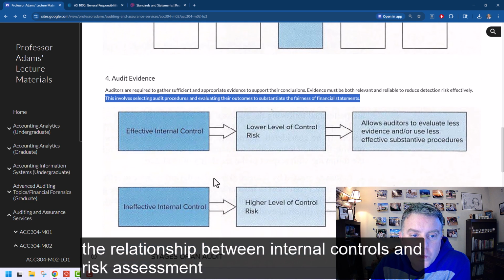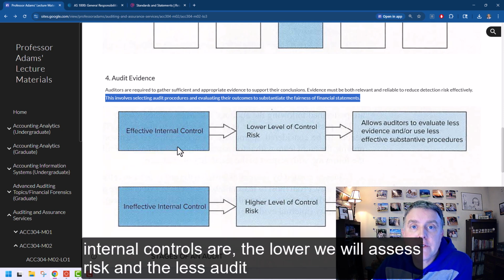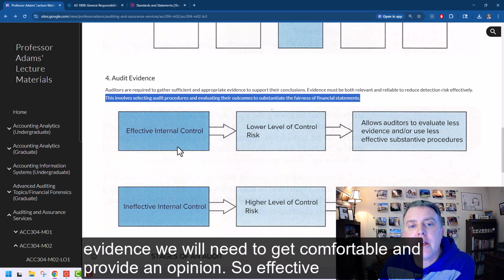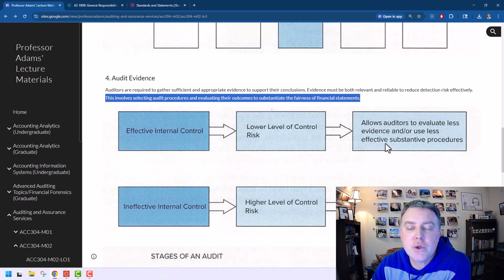So the relationship between internal controls and risk assessment and the amount of evidence that we gather is kind of like an inverse relationship. The more effective a company's internal controls are, the lower we will assess risk, and the less audit evidence we will need to get comfortable and provide an opinion. So effective internal controls lowers control risks, which allows the auditor to evaluate less evidence and/or do less audit